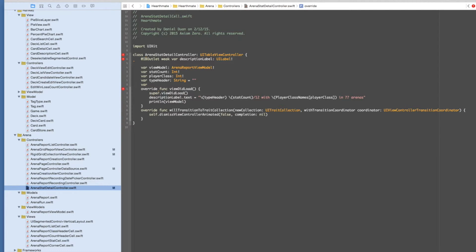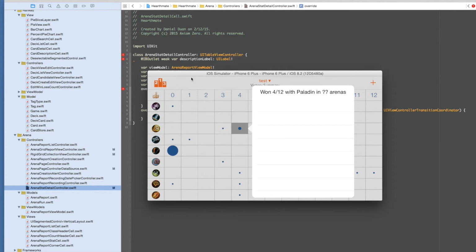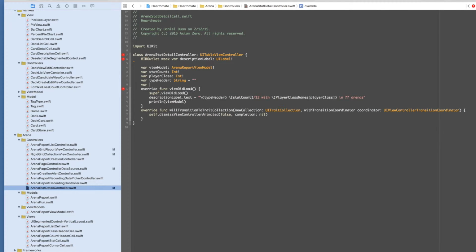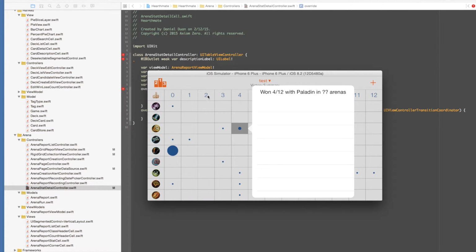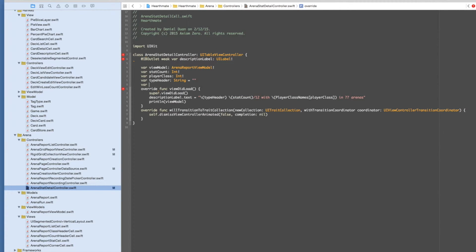Oh, I hate this name. What if I leave stat count and I assign something else, repurpose this as the count that would be the number that's here, and to replace this, how about